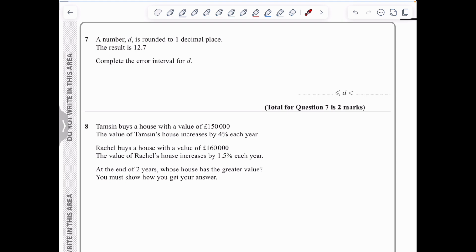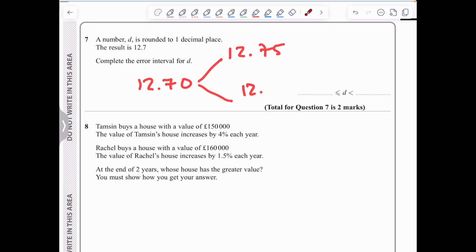In question 7, we've got the number D rounded to one decimal place, and the result is 12.7. Now we need to complete the error interval for D. Now remember that in these cases, I will add an extra 0 after the 7, so 12.70. And then I'm going to go 5 up and 5 down, so